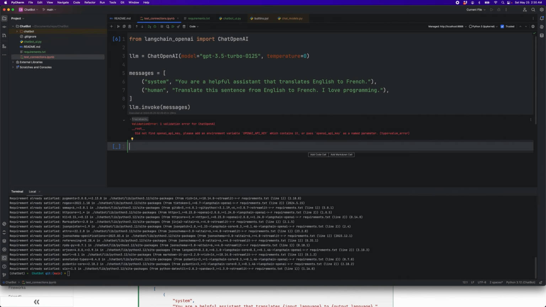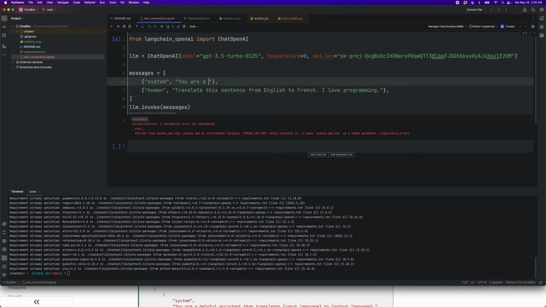In your LangChain module. Also note, this is a very bad way of maintaining the API key. Typically, you should be loading it from the environment variable. Right now, I'm just hard coding it for this particular example. For the system prompt, I'm just going to change this to you are a full AI chat bot. And I'm going to ask a question about